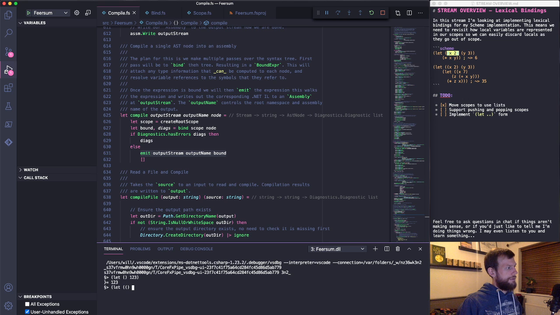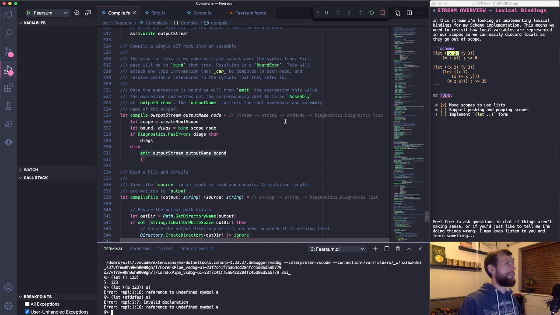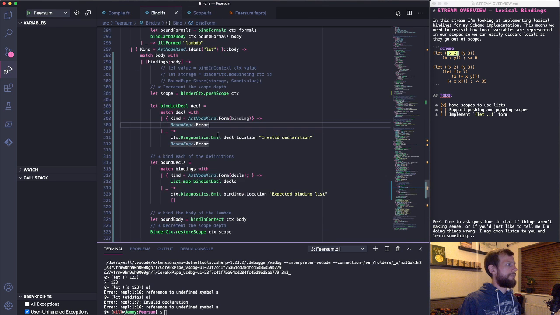If I give it something like this, a 123, it's not going to work. Reference to undefined symbol, but we don't get a diagnostic because this is correctly formed. But if I do something like that, it says invalid declaration and a reference to an undefined symbol. Good. So we need to get to the point where we can define